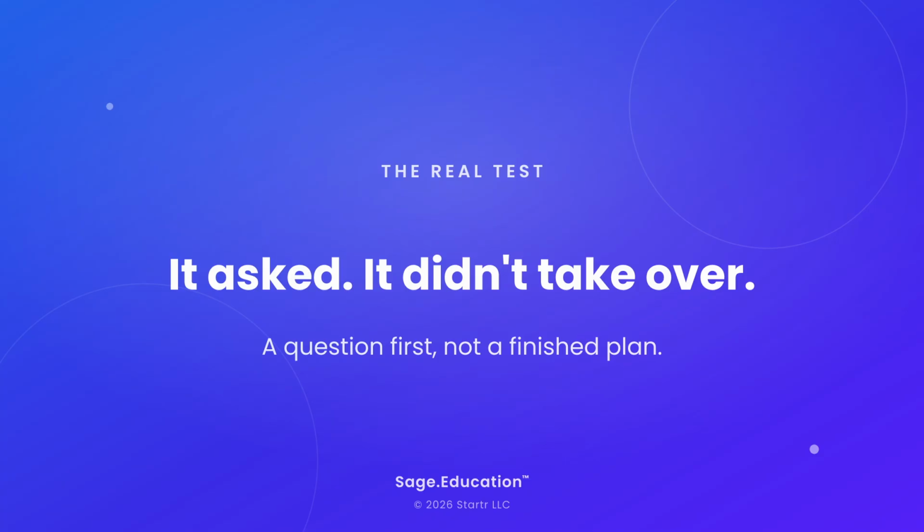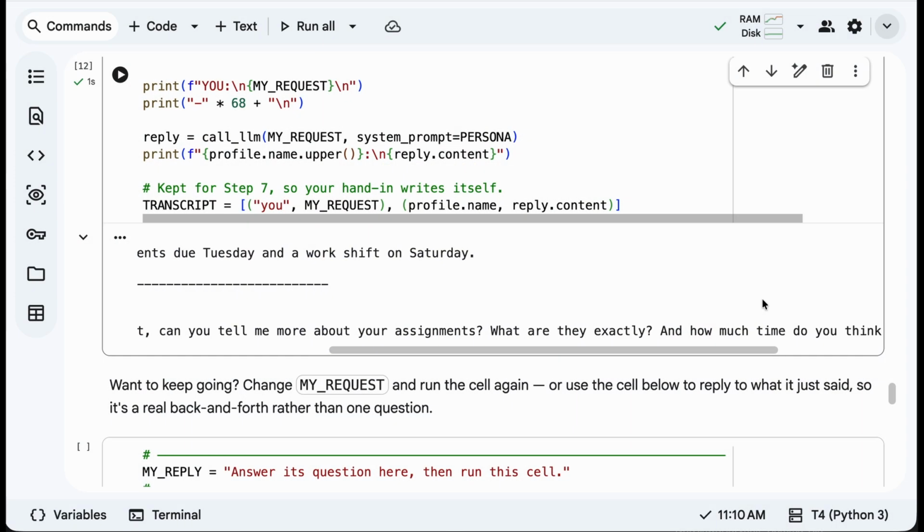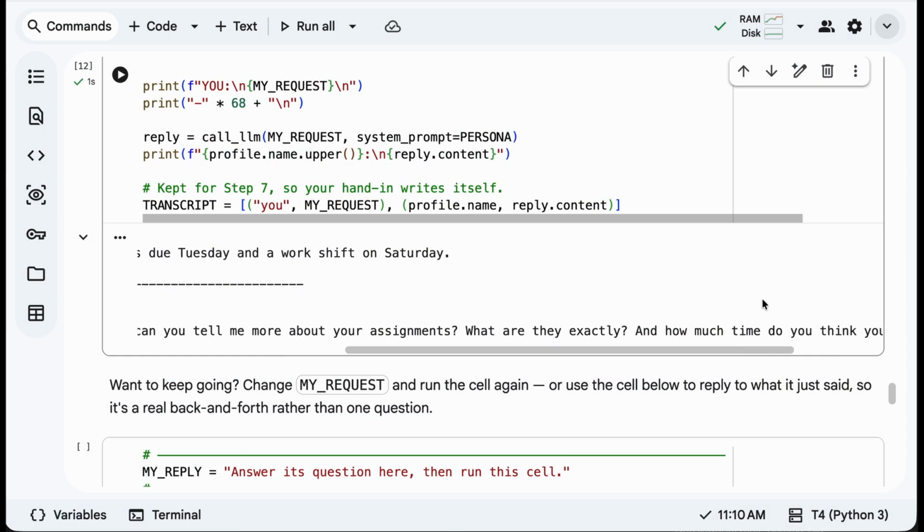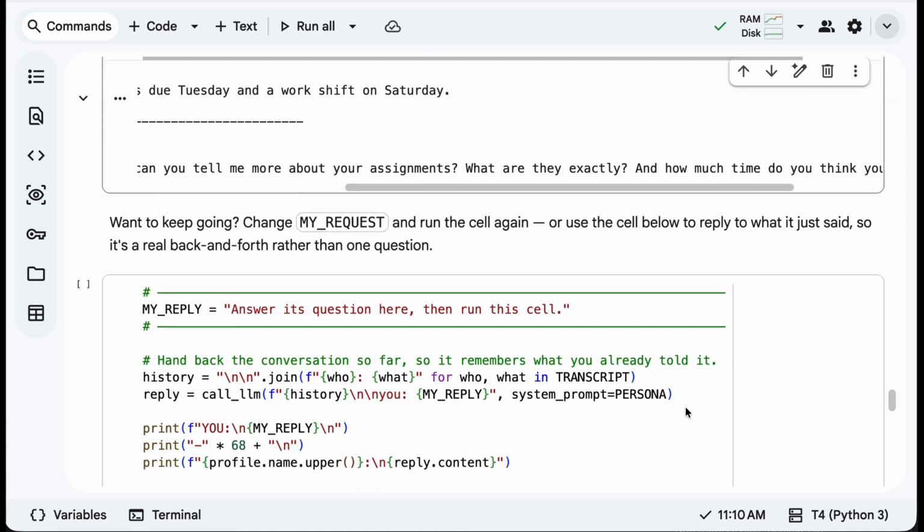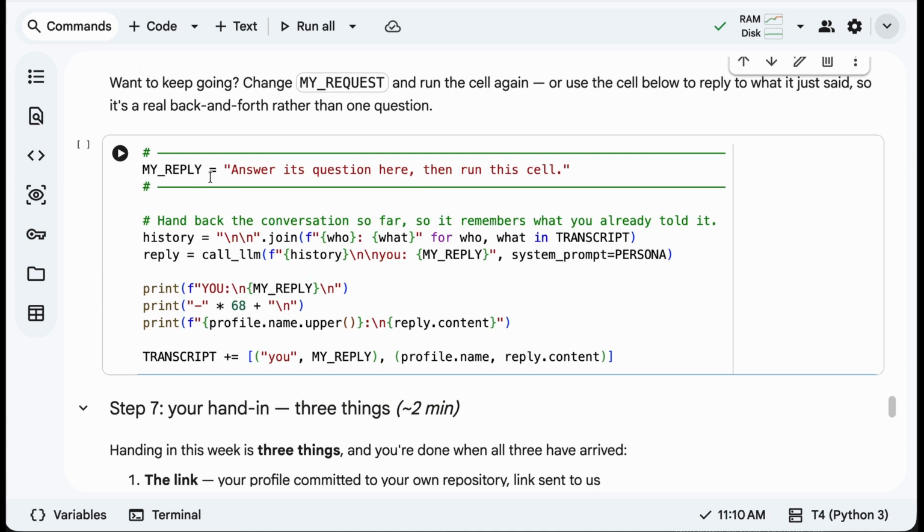So what was happening is that because you didn't end what it's supposed to be doing on the most important aspect of it, you were having that fallout in the middle. It was instead focusing on being kind and not on the question asking. Okay, next. My reply, answer its questions here,